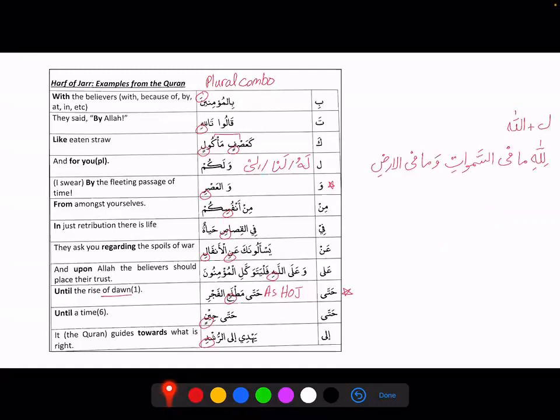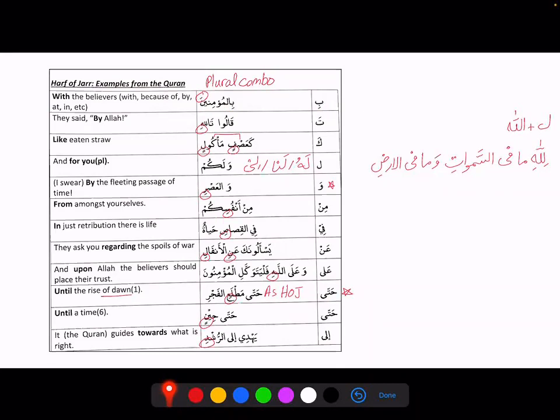Okay, now let's label these words together. So you guys can ask the co-host to unmute you, and you can participate. So ba, the example of ba is bil mu'minina. How are we going to label them and how are we going to translate? Ba could be, yes, and